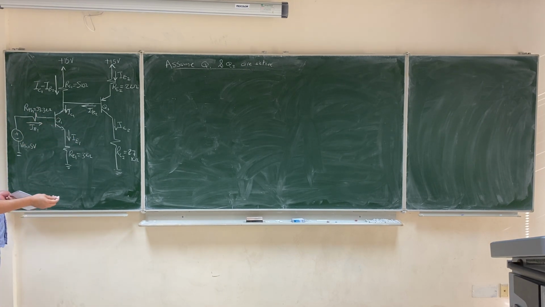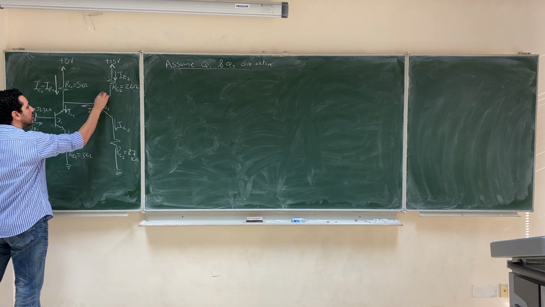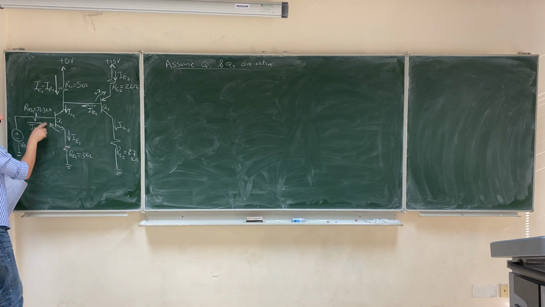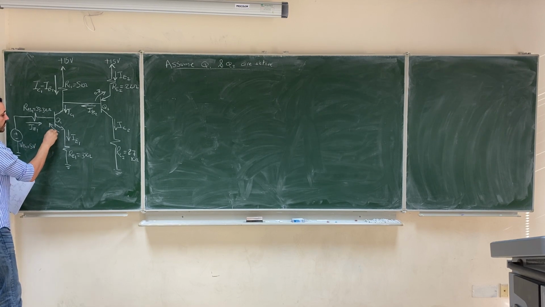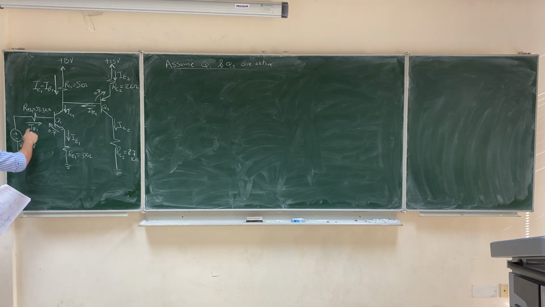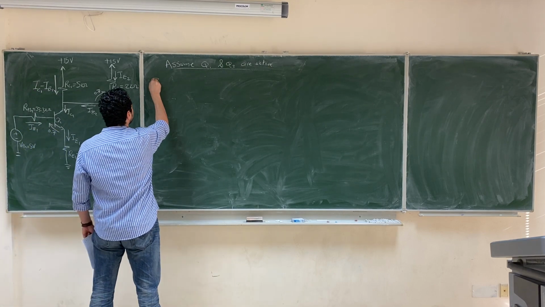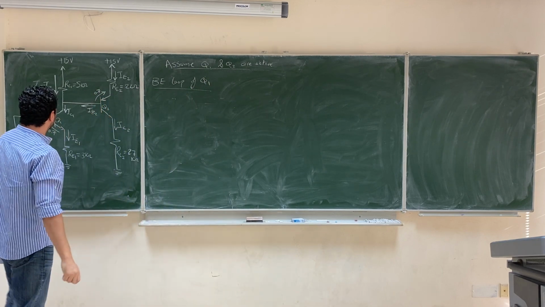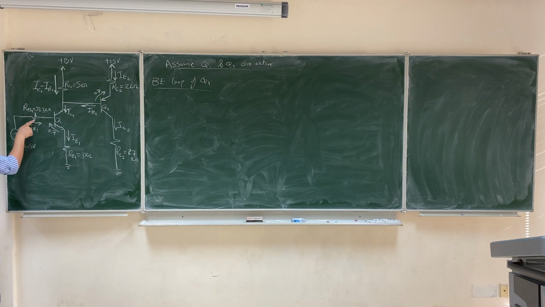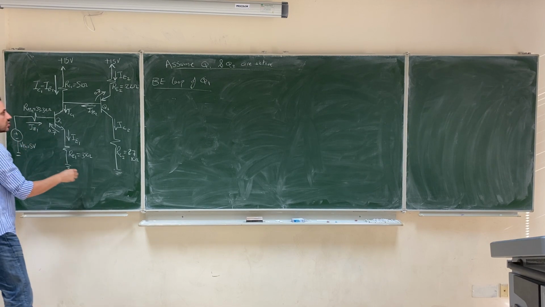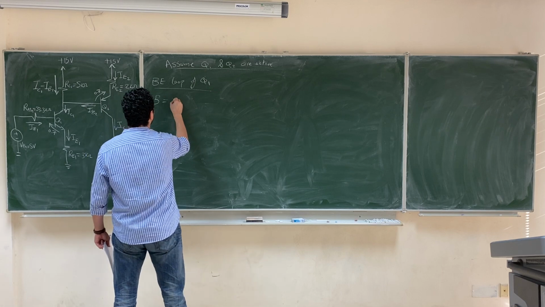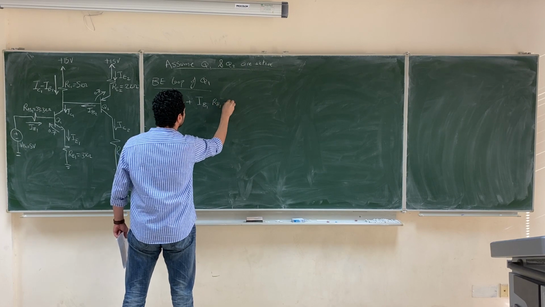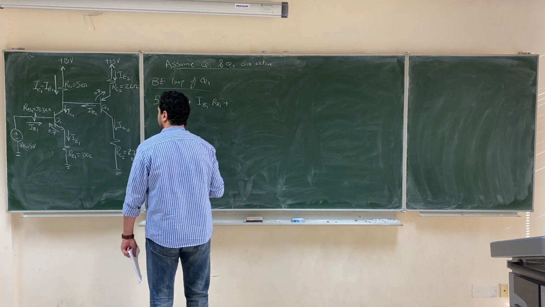If we assume that both transistors are active, then we know that this voltage will be 0.7, VEB of the second transistor, and this voltage VBE of the first transistor is also 0.7. Now what we can do, we can start with the base emitter loop of transistor number 1, of Q1, and we say that 5 volt equals the drop here plus 0.7 plus the drop here. So 5 volt equals 0.7 plus the drop across the base resistance IB1 RB1 plus the drop across the emitter resistance, which is IE1